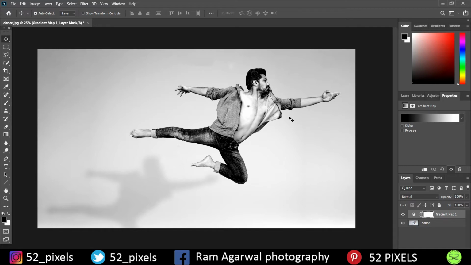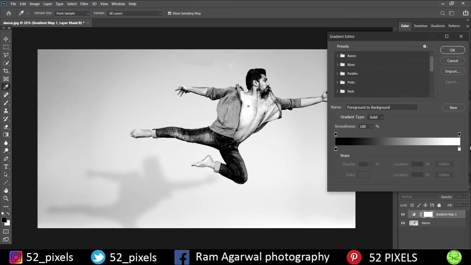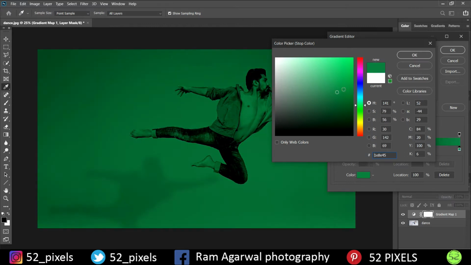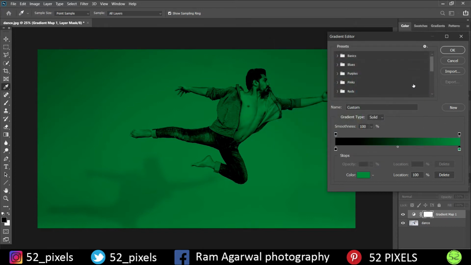Now if you want to change the color to add a duotone, just click on the gradient map once. So you get this hue slider where you have different hues between black and white. Currently it's at the extreme, that is black and white. If I want to change this white portion of the image, I'll just double tap on the square box over there and select any color that I wish to use. I guess I'll use this color. Once I click on OK, as you can see, this color has been applied and the black color stays the same as it was before.